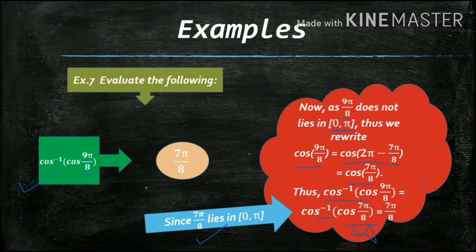So that's why you are getting the answer 7 pi by 8, not 9 pi by 8. Never ever write the answer as 9 pi by 8. Okay? Don't think that the answer would be 9 pi by 8 only. This would not matter. No. Restrictions are extremely important, as I told you. Just first check whether it belongs to that interval or not. Then convert it or rewrite it, and then find the angle. And again check whether it belongs to that or not, and then find the answer.